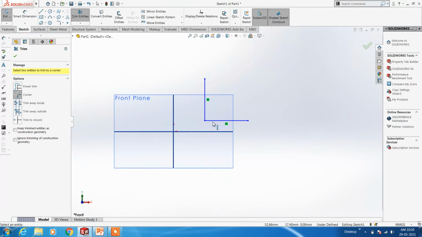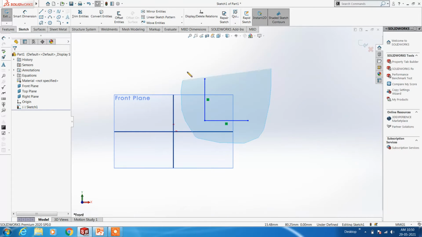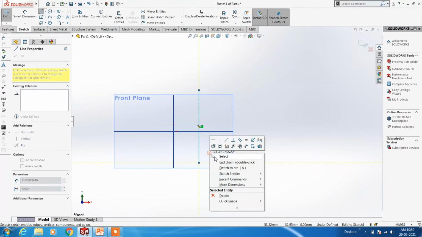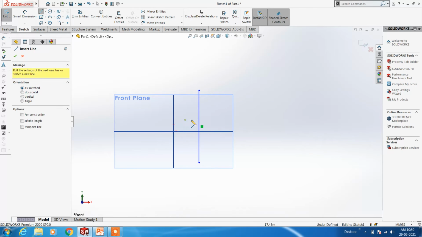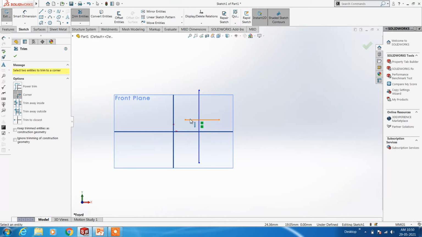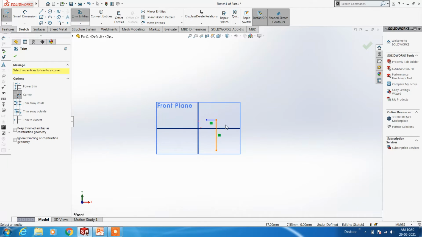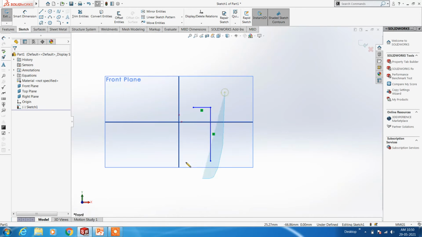See, I am having only this L section, another L section is gone. Likewise you can use the corner trim. Again I am saying, it is used just for L section alone. Suppose I am clicking this line and this line, means this L section only will be there. Okay, this one is corner trim.